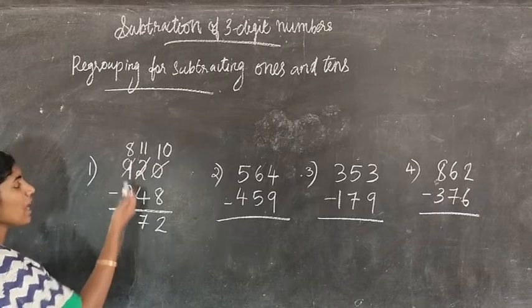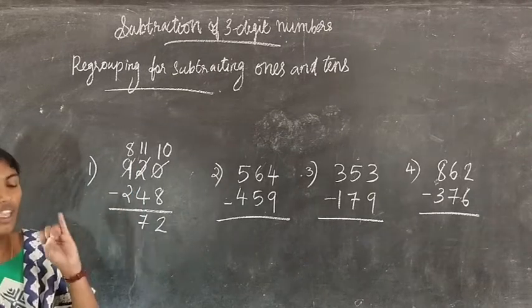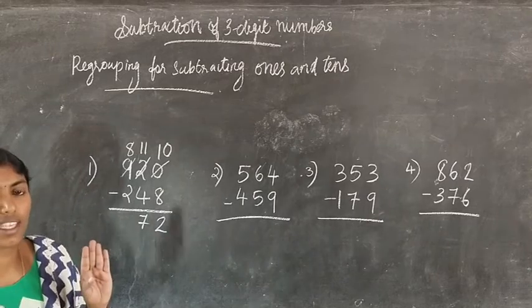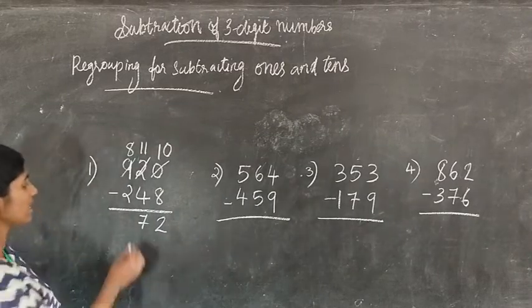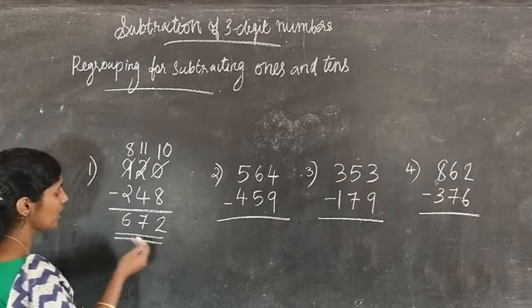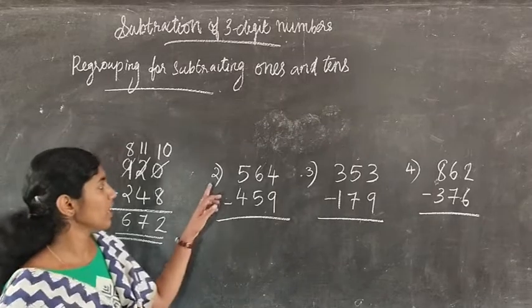Then 8 minus 2. That means after 2, 3, 4, 5, 6, 7, 8. How many are there? 6. So write 6 here. That is, the answer is 672. Then next question,